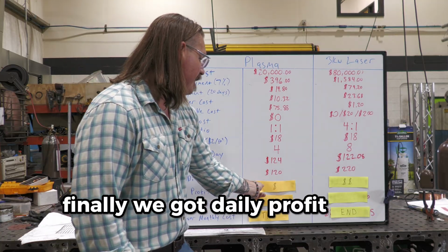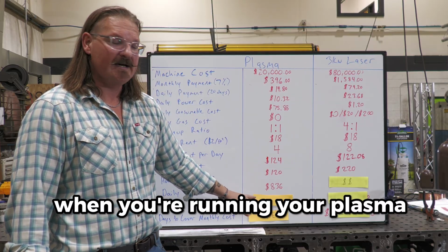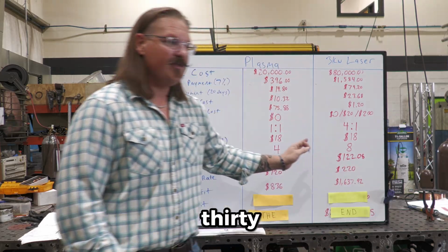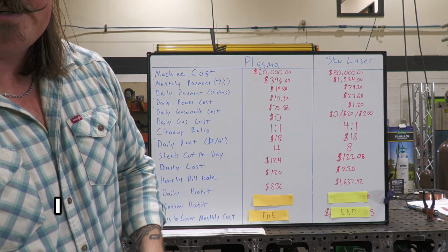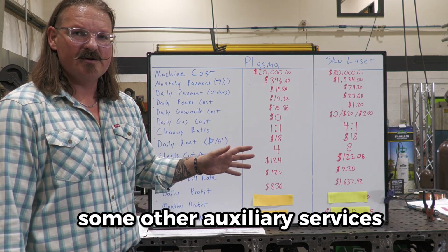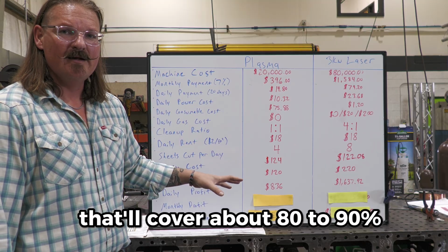Finally, we've got daily profit down here. If you can fill that sucker up, you're gonna be left over each day with $836 when you're running your plasma table. Same thing with the laser. If you can fill it up all day, you're gonna have $1,637.92 in daily profit. I don't have insurance covered in here, and there's probably some bookkeeping and other auxiliary service costs that are not in here, but these are really solid numbers that'll cover about 80 to 90% of your